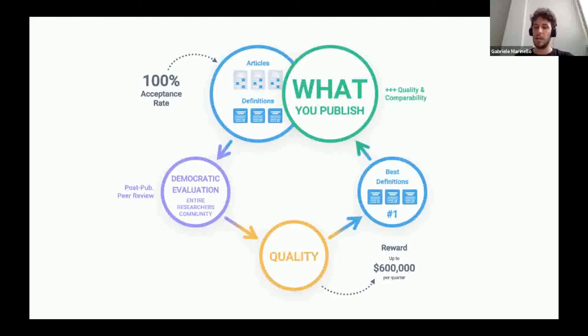So basically, what we are doing is providing a venue for clustering and grouping all these different ingredients, these different building blocks, composing articles with these definitions, and then we want those articles to be checked not just by three peer reviewers, but by the entire scientific community.